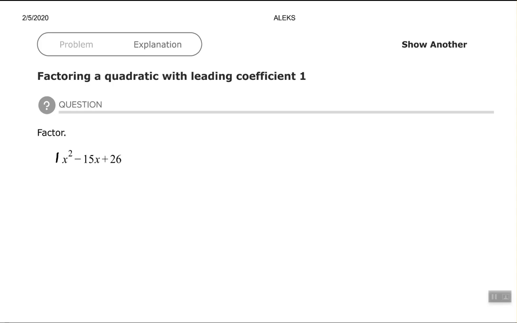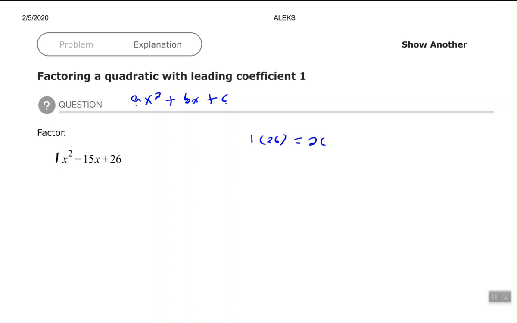The way you start off with the AC method is the first thing you look for a greatest common factor in all of your terms. I don't have a common factor in all three of my terms. The next thing I do is I come out to the side, and it's called the AC method because of the general form of this quadratic expression, ax squared plus bx plus c. The first step is to multiply the leading coefficient times that last term, so 1 times 26 out to the side,